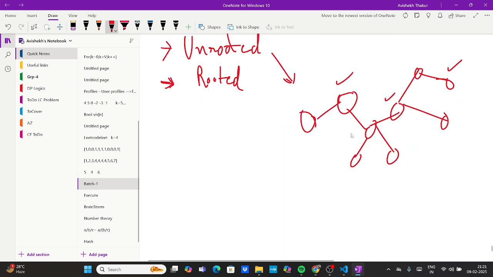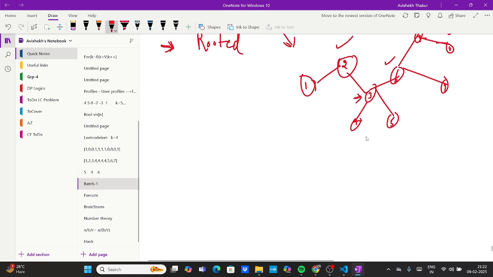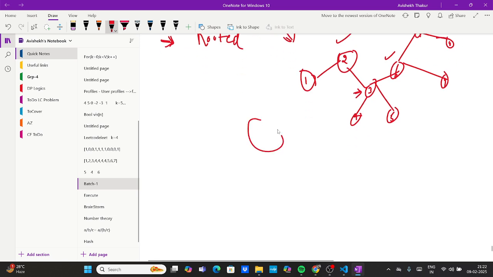Let me take this node. Let me keep some numbers also, it would probably be helpful in order to understand. 4 5 6 7 8 9. So this is an unrooted tree. Now I can take any particular node as root, let's say I'm taking 3, the structure will look like,